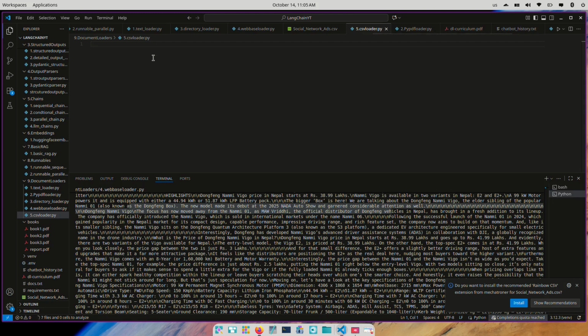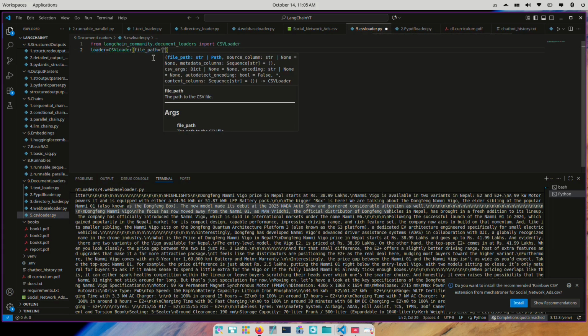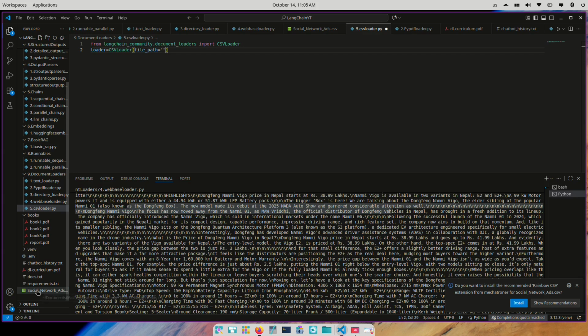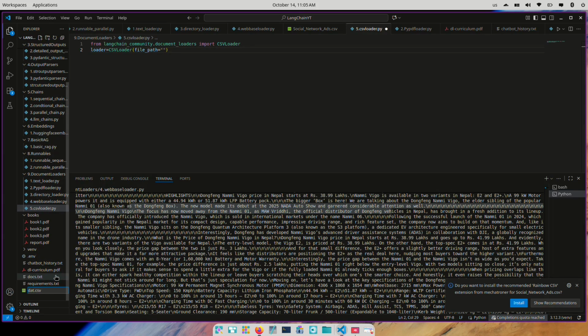Again, the import is the same from LangChain community document loaders, import CSV loader, and then the loader is going to be an object of CSV loader. Inside this, I'm going to provide a file path. What is my file name? Social network apps.csv. Let me rename this and write data.csv so that it will be easier for me to write the file name here. So data.csv,